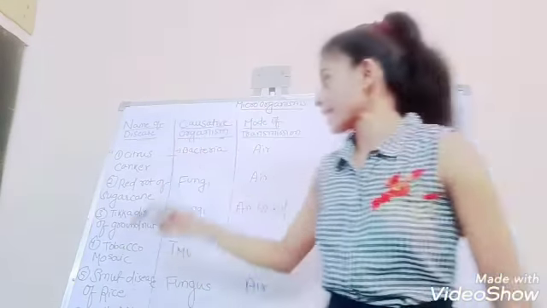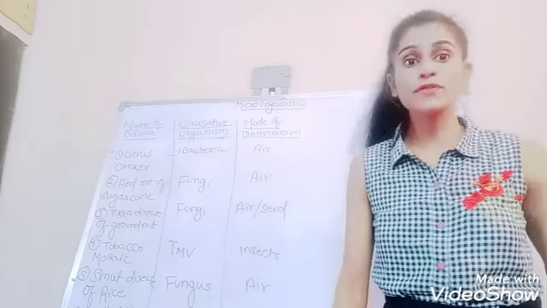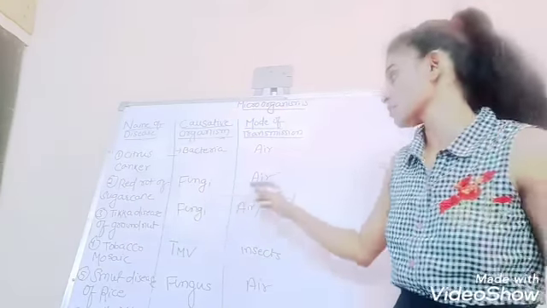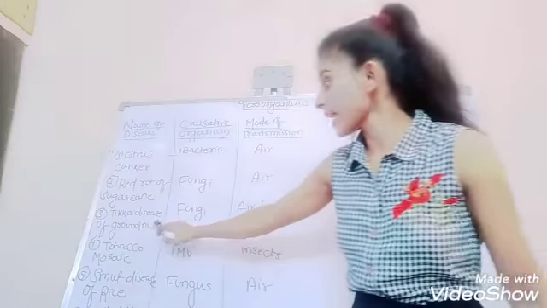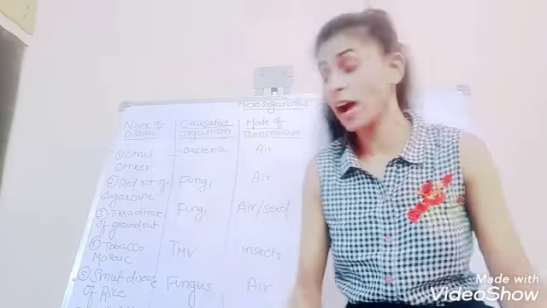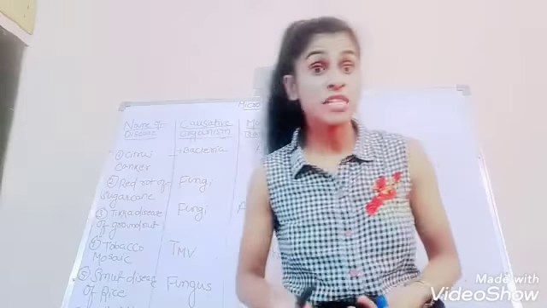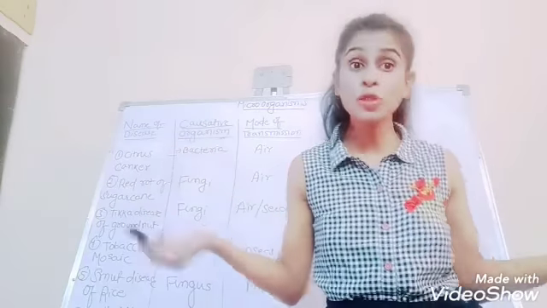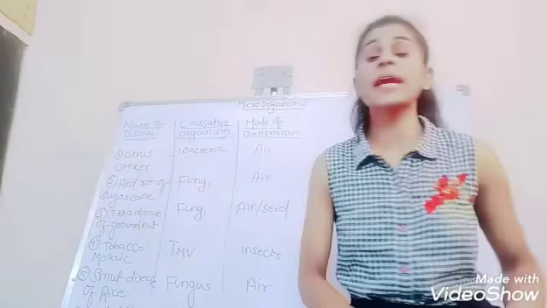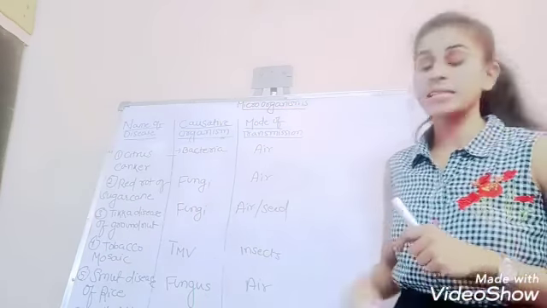Yes. The second type of disease is red rot of sugarcane, which is caused by a fungus. Again, the mode of transmission is air. Third type of disease, tikka disease of groundnut, which is caused by a fungus. Again, it is transmitted by air or by using infected seed. Your groundnut may get the disease called tikka disease. And the fourth one is tobacco mosaic, which is caused by TMV and spread by insects.